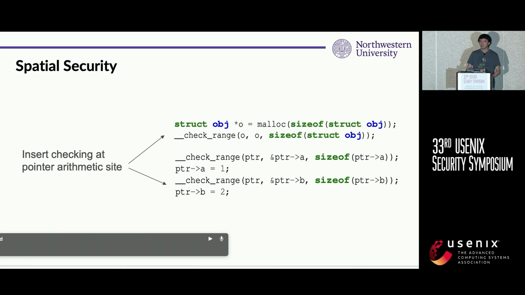To further optimize the boundary checking, we utilize many compiler optimization techniques. First we introduce how we insert the checking. We insert checking at the pointer arithmetic side instead of the pointer dereference side. The example shows how we instrument the checking. There are two types of pointer arithmetic instructions. The first is typecasting.